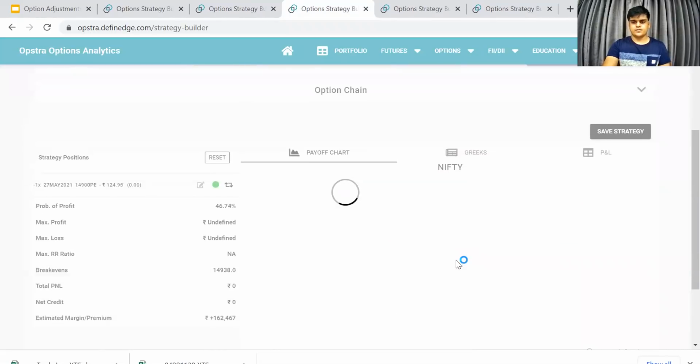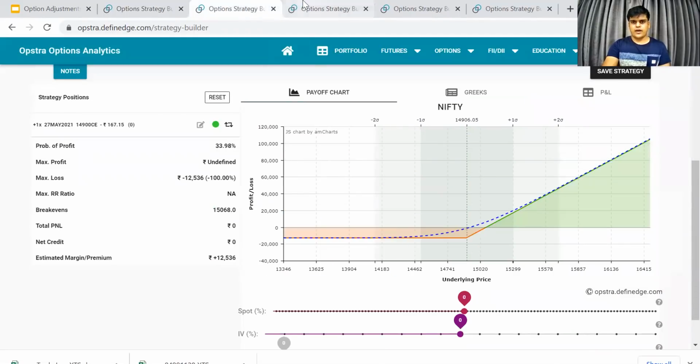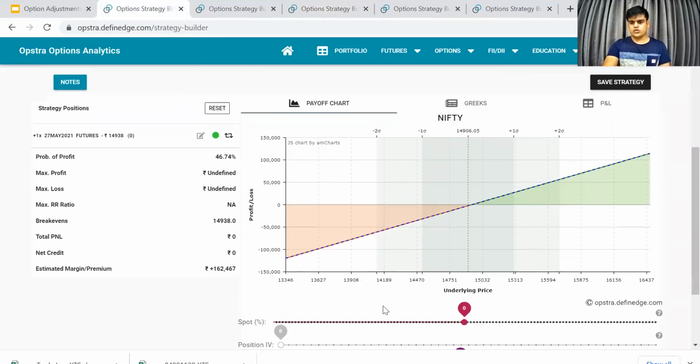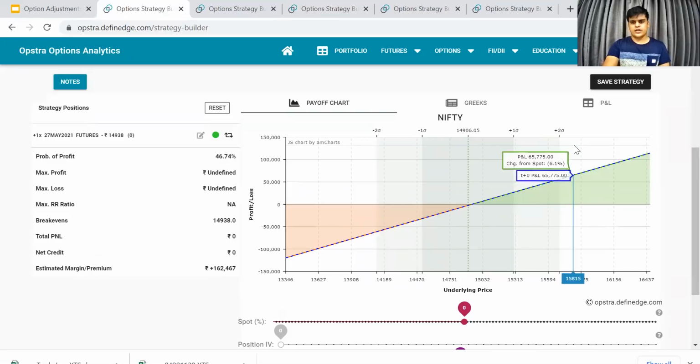Sell a put. So buy a future, buy a call, sell a put. See, everyone has a different risk to reward and a different payoff. If you discuss futures, the probability is 50-50. Price goes up, you make money, it goes down, you lose money. And the profit and loss is unlimited on both sides. So risk is also unlimited, profit potential also unlimited.